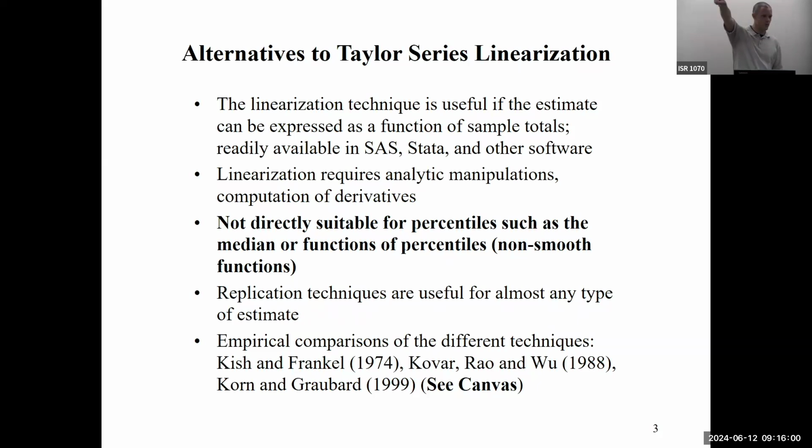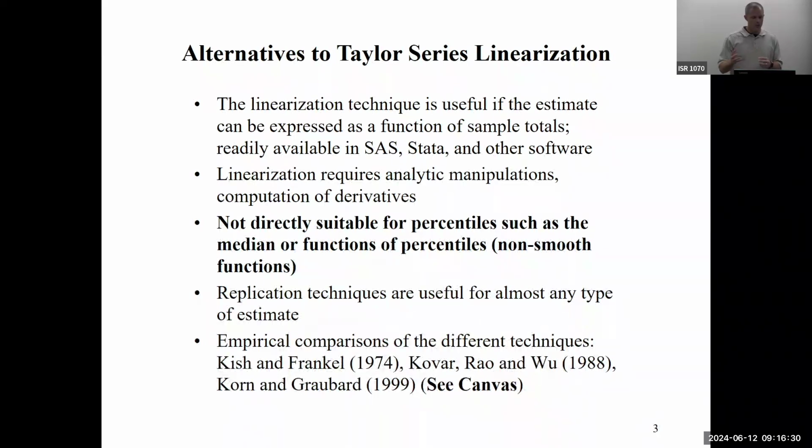It's not a smooth function where we can easily take derivatives. So that's just a simple example of a descriptive quantity where linearization doesn't directly translate. The nice thing about replication techniques is that they're useful for almost any kind of estimate. Replication techniques rely much more on an algorithm than any kind of analytic manipulation, or any kind of calculus or anything like that. And that's what we'll be talking about today, but they have wide general applicability for variance estimation